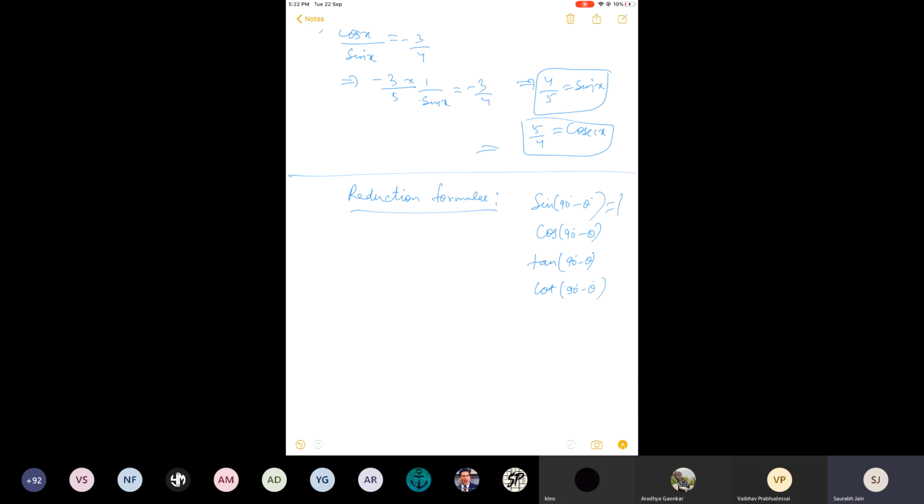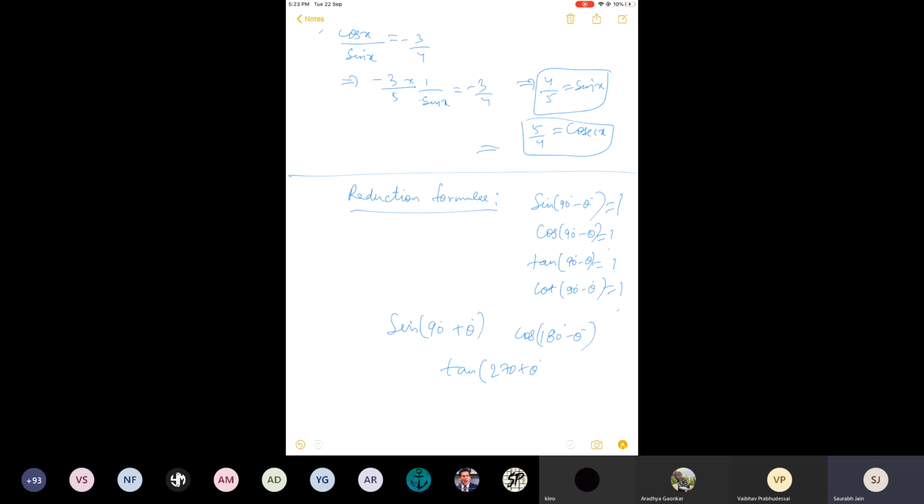See, these type of formula you have studied in class 10. Sin 90 minus theta, cos 90 minus theta, sin theta, etc. Now, similar kind of, but so many other formula will be there now. 90 plus theta, then cos 180 minus theta, then tan 270 plus theta, likewise. Okay, so try to understand the basic concept behind it.